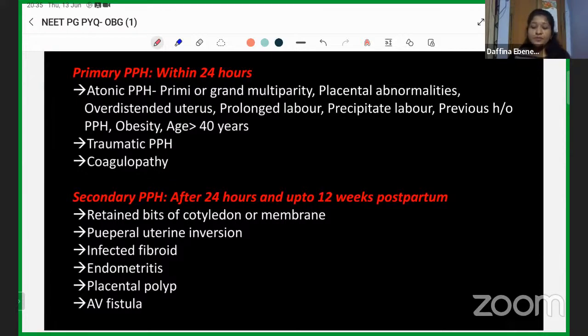So what are the different types of primary PPH? One, it can be atonic PPH. The second thing, it can be traumatic PPH. Then coagulopathy, any form of DIC or any deranged coagulation or bleeding disorders can lead to primary PPH. Okay. So atonic PPH, as we all know, if there's a problem with the contraction of the uterus, in case of an over-distended uterus, or if it's a placental abnormalities,